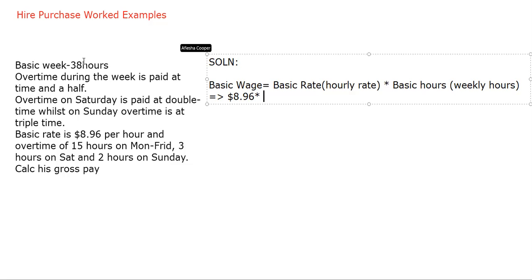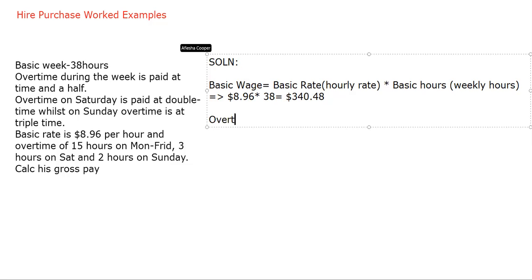So all we have to do is multiply the amount of hours he works by how much he gets per hour. That will be 38 hours. And our answer will be